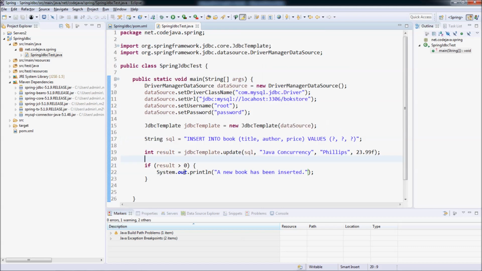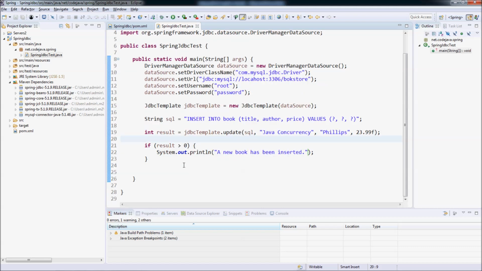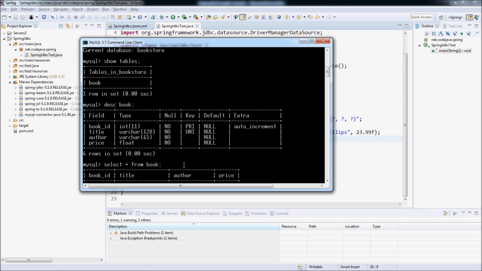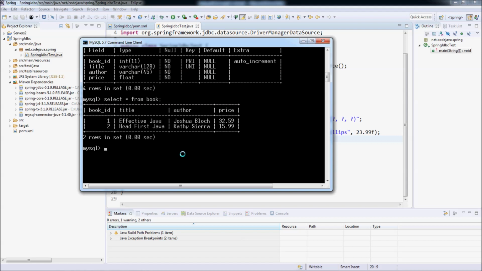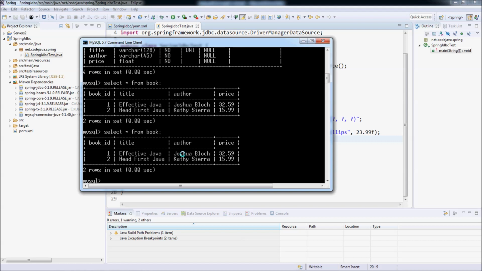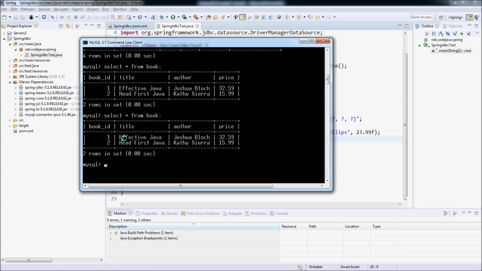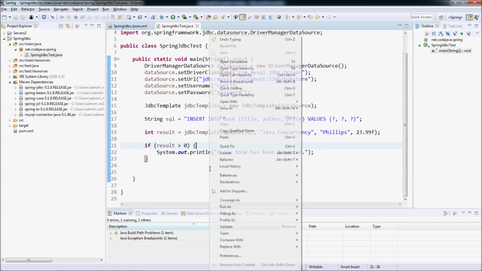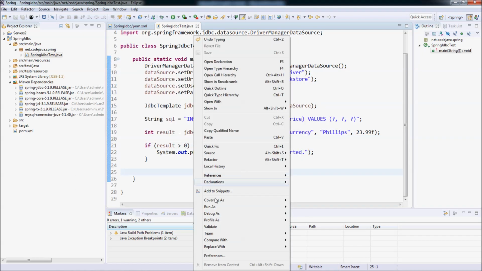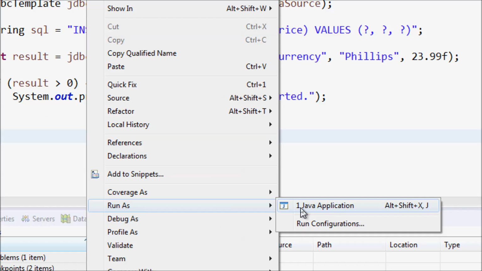Now let's run this program. Let's select all rows from the book table first. You see, now there are 2 rows: the 2 books, Effective Java and Head First Java. Now let's run this program. Run as Java application here. You see,